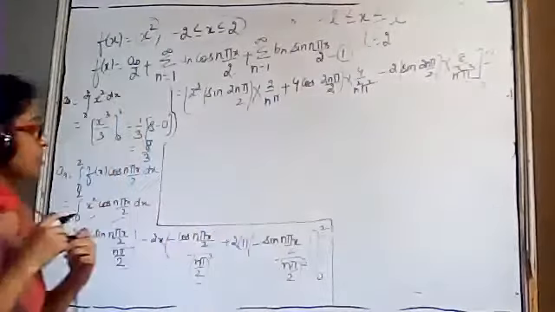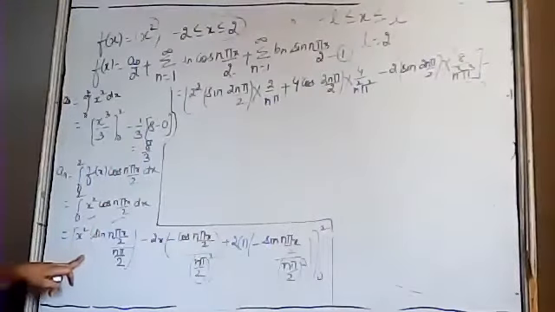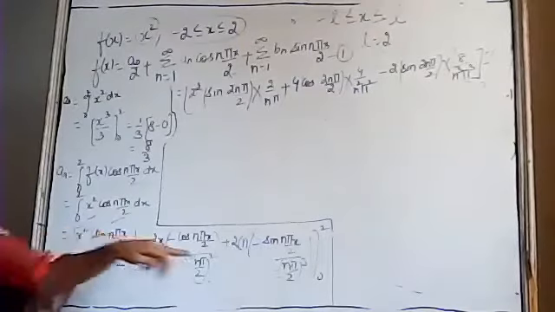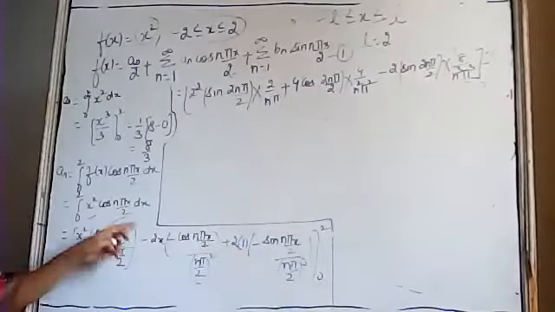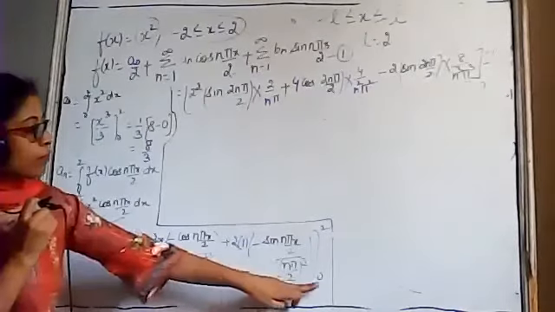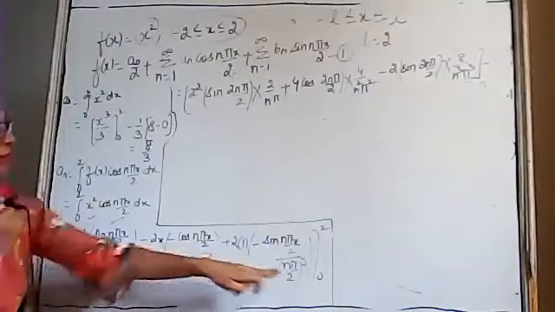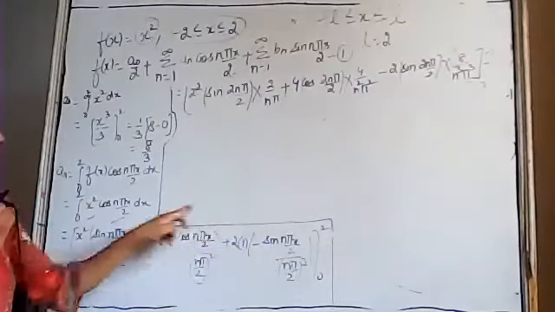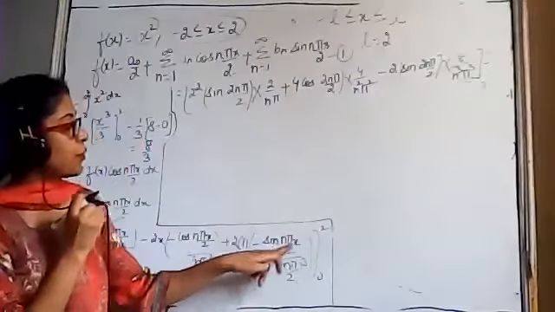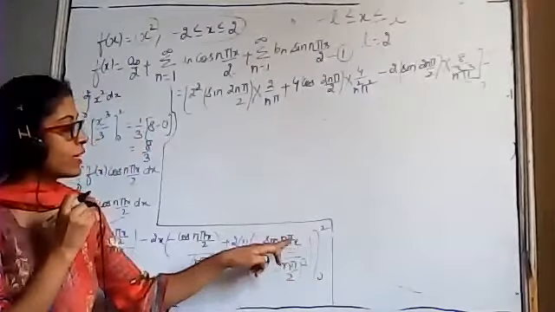After that, we have to substitute the lower limit. If we substitute the lower limit in place of x square, the lower limit is 0. The whole term will become 0. Again this is x. We will substitute x equals 0. This whole term will again be equal to 0. After that, we have to put x equals 0 in this term.